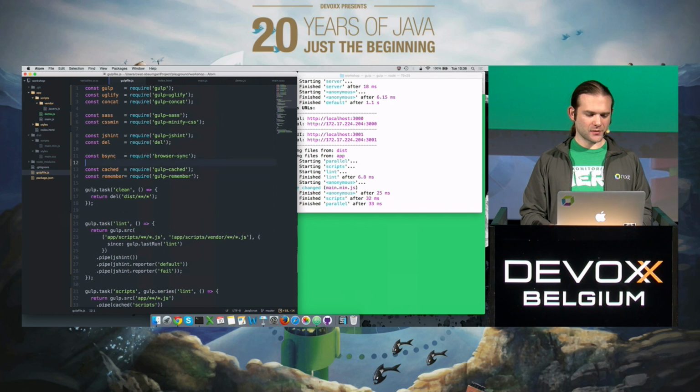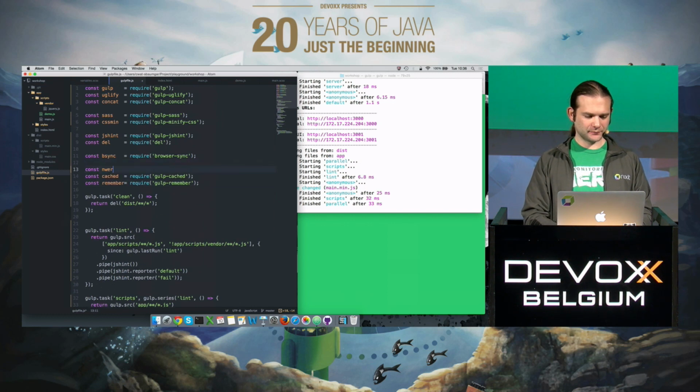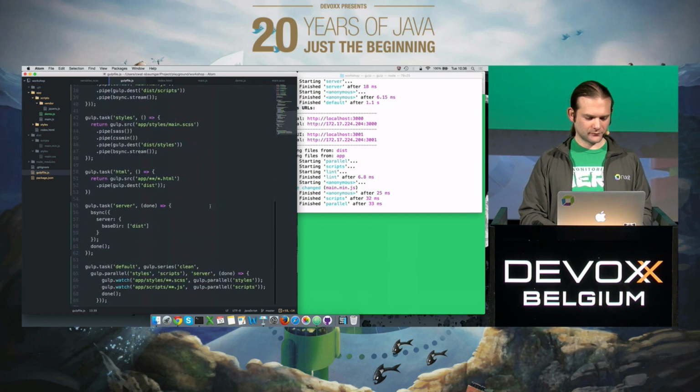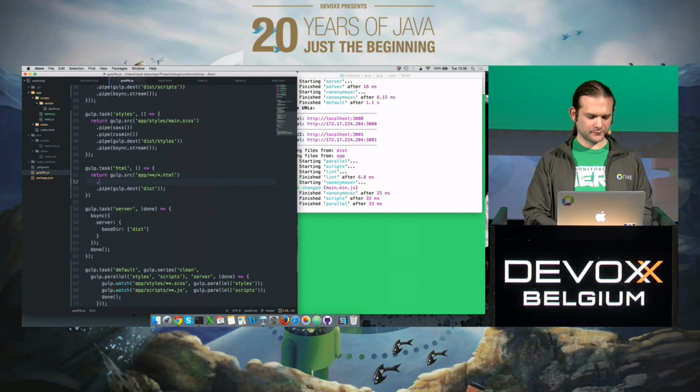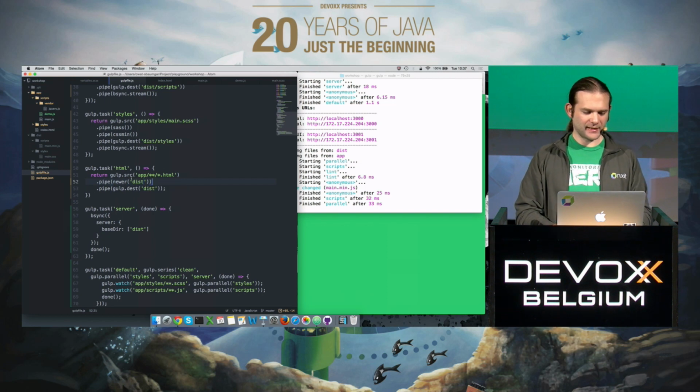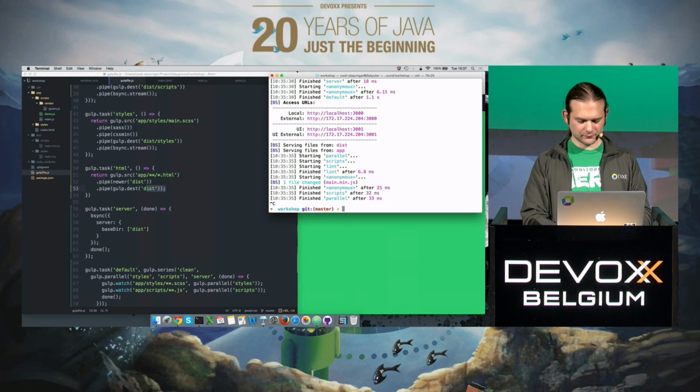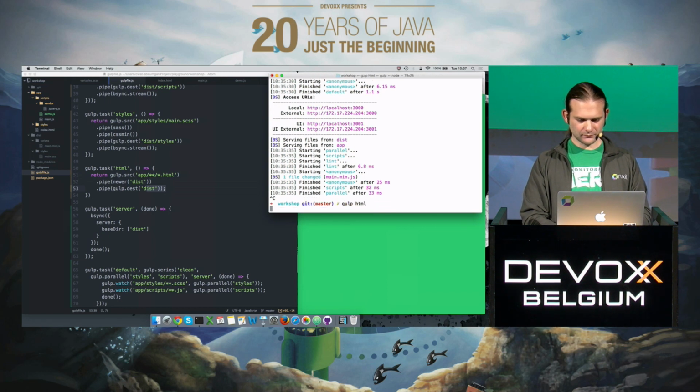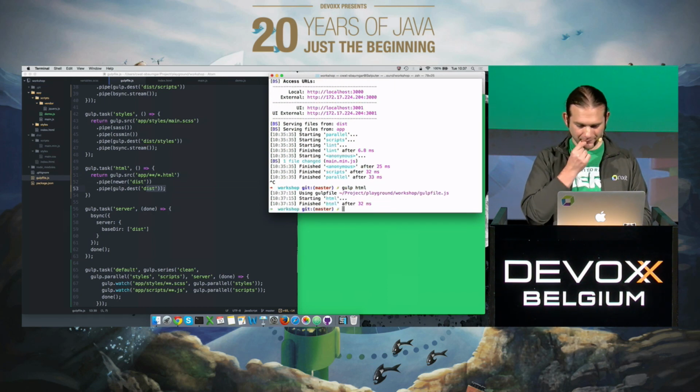But here we are going to use also some incremental build. With newer, we're going to check if those files in the source folder in app are newer than those files in dist, and if they are, we're going to copy them to dist. Boom. So each time we are going to change something in HTML,